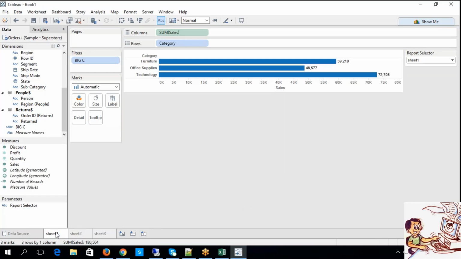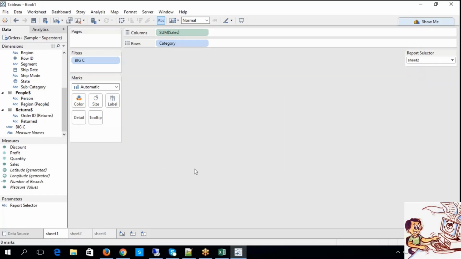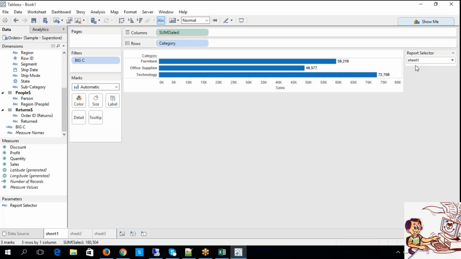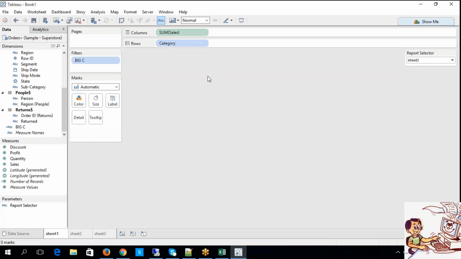Now look at this. When I select sheet 1, see, when I select sheet 2, in sheet 1 you are not able to see the data, isn't it? When I select sheet 3, no. When I select sheet 1, yes. When I select All, fine. Are you observing this, guys? You should observe this. At this moment you are at sheet 1. If you are at sheet 1, how do you expect to see sheet 2 data? No, isn't it?